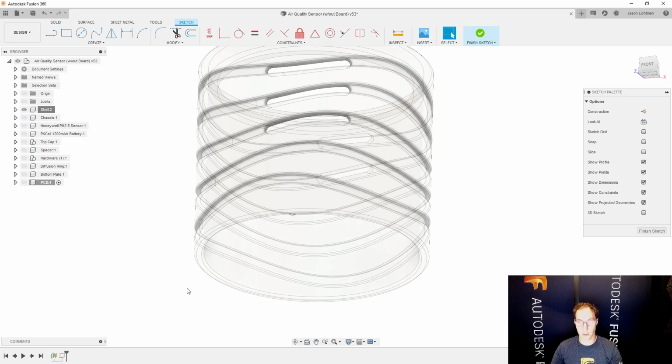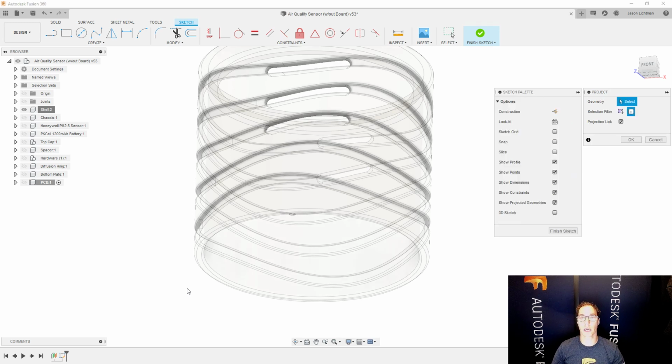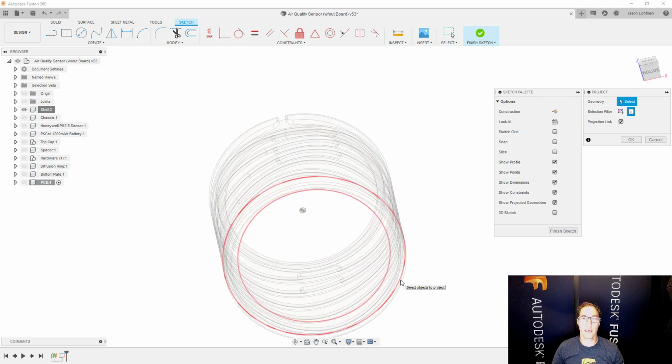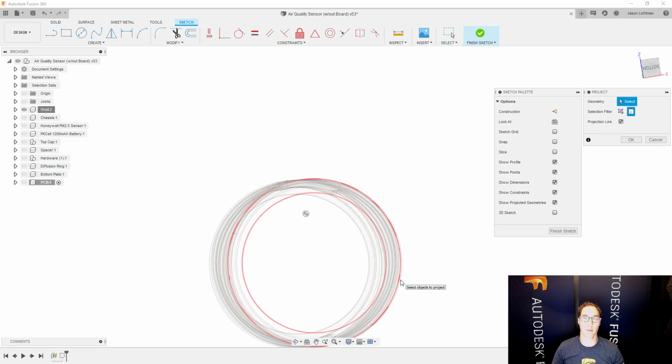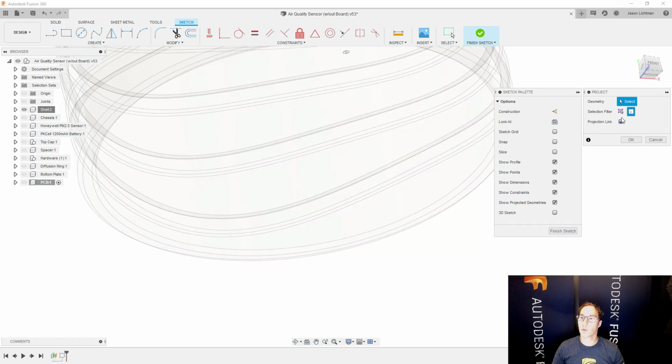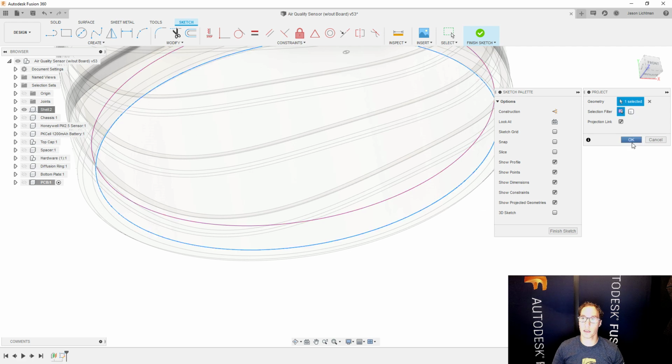So I'll go back to my shortcut, P for project. If I were to select the body, it's going to give me a silhouette. So it's going to take the outer contour and the most inner one, and that's what's going to project for me. But what I really want is not the absolute smallest diameter, because there's a section of the top of this shape that's smaller than where the PCB is going to go. I really just want this inner edge. So we'll switch this over to specific entities, and I'll grab the entity that I care about